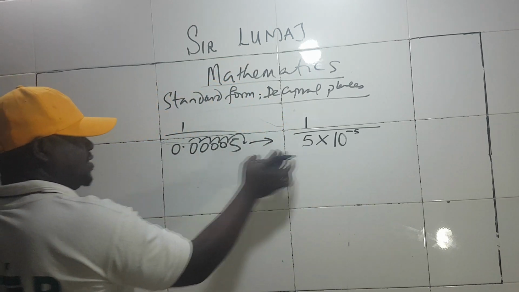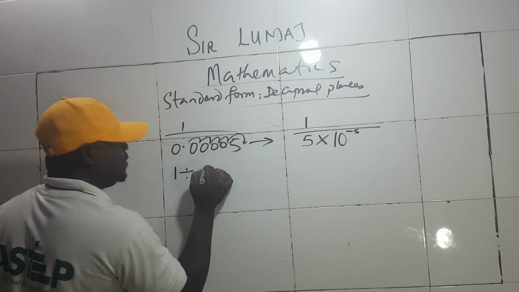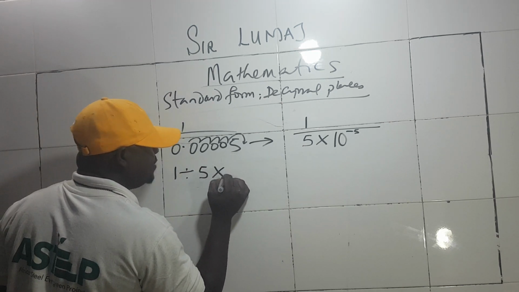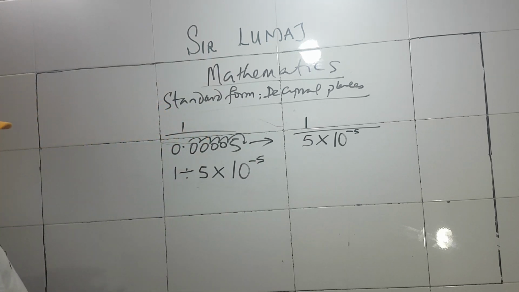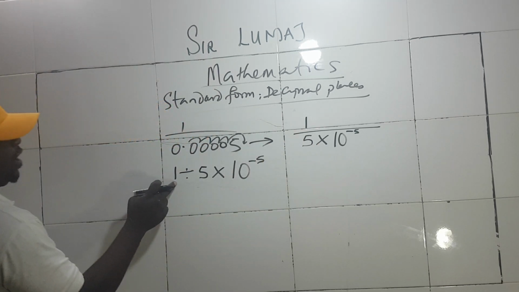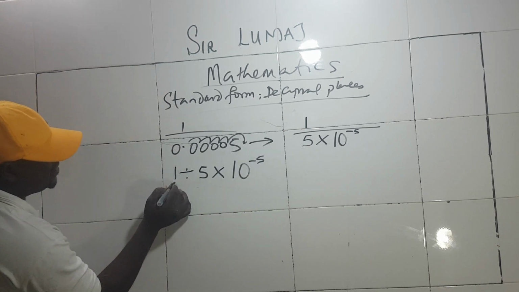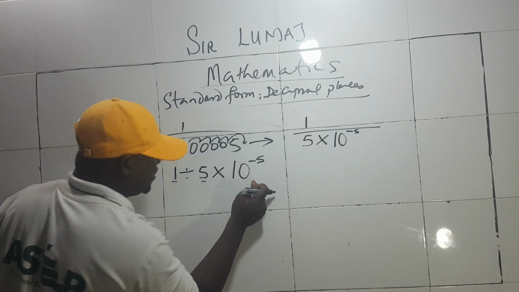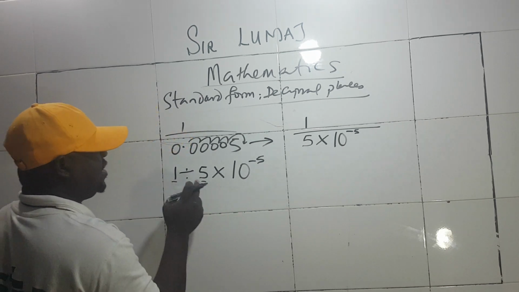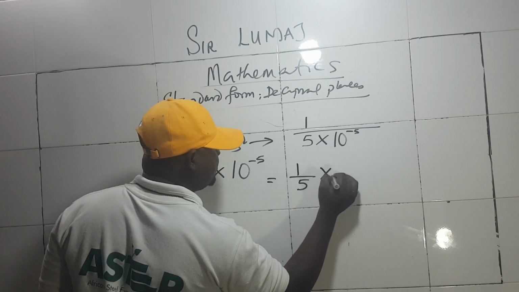I first operated this. The next thing now is going to be 1 divided by 5 times 10 raised to power minus 5. You can see I've not done anything new. I just rewrote this. So I have 1 divided by 5 times 10 raised to power minus 5. If you now look at this and this, they are the same value, different from this. So applying the laws of indices, we're now going to have 1 divided by 5 times 10 raised to power